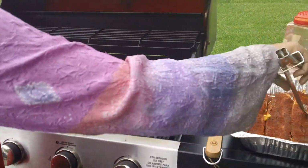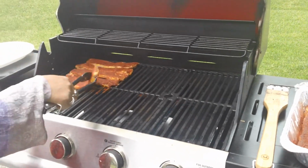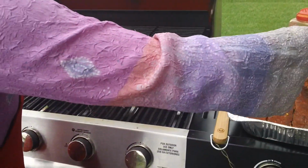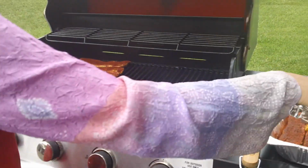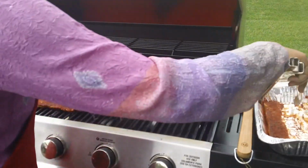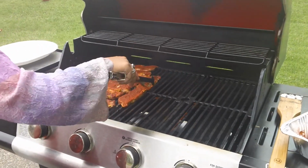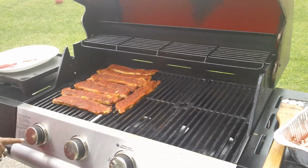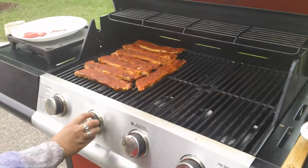And so I'm gonna go ahead, put all these on there, and then I'm gonna come back and turn it after 5 minutes, but it should be done in about 15 minutes. So I'm gonna put them 7 minutes on each side, and I'm also gonna close the grill so that way it's really gonna lock in that flavor, and also it's going to cook. So this is on high, and I'm gonna go ahead and leave these on high, and I'm gonna turn these on